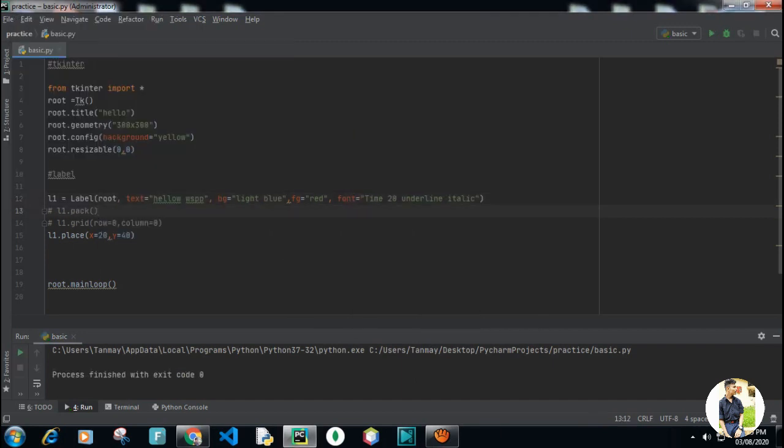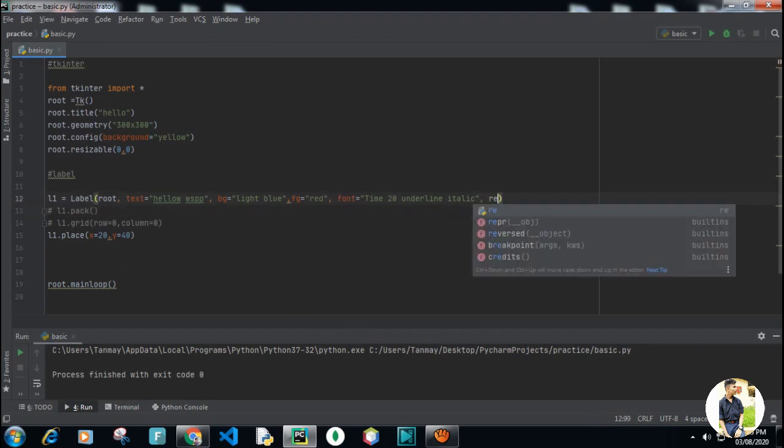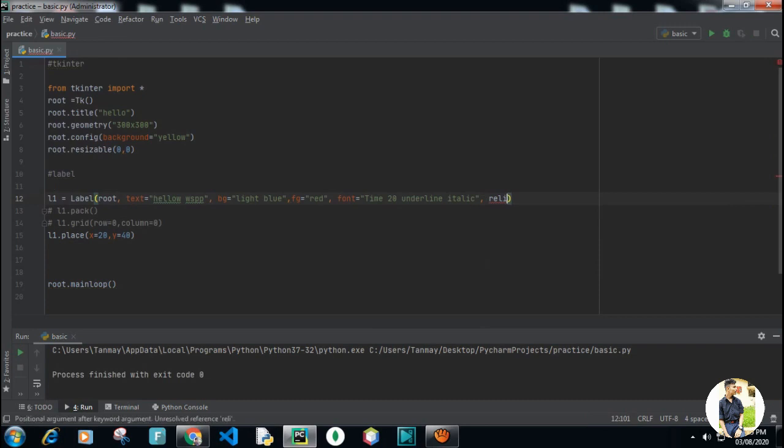There are many options like relief. Relief is specially used for buttons, but we will see it in our label too. Relief has 4 attributes like ridge, groove, sunken, raised.